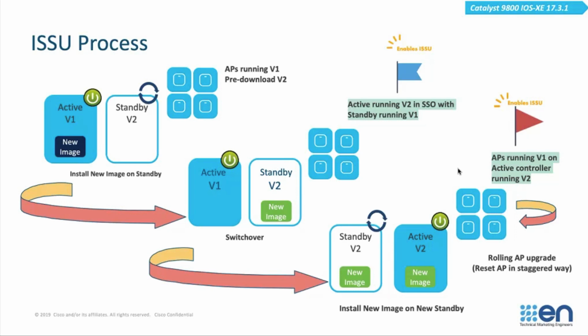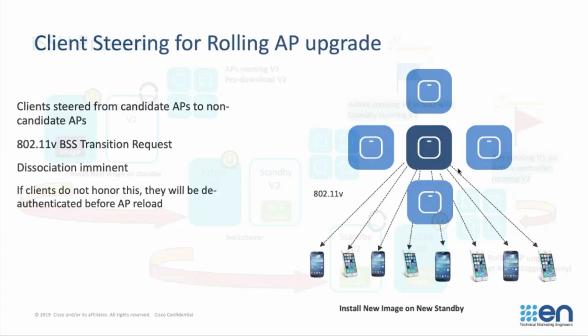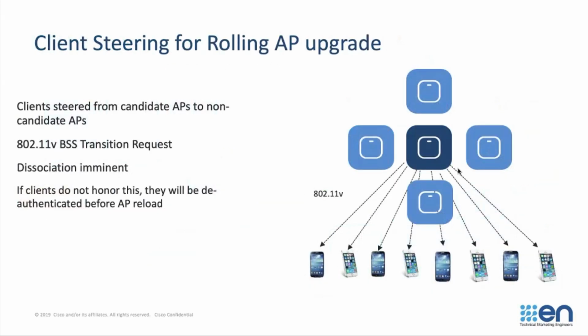The other thing that also makes this even better and zero downtime is that we support client steering. And client steering is for candidate APs. So when your access point is selected to be rebooted, that's called a candidate AP, and it could have clients connected to it that need to be steered away. So the way we do that is that